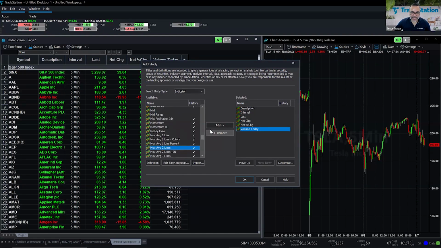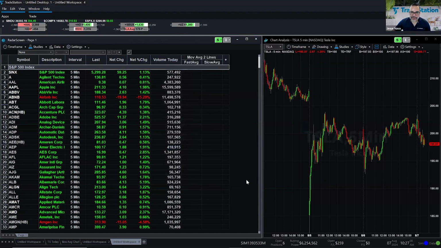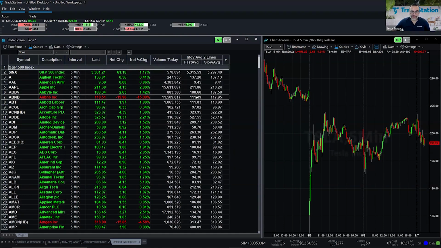So right here, I'm going to add it. It's right there at the end, but I can move it up or down if I want to. I'm just going to click OK. And this is calculating my moving averages for all 500 symbols, which makes your radar screen pretty impressive because it's